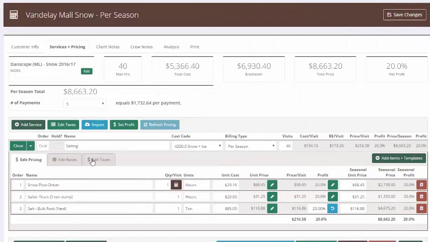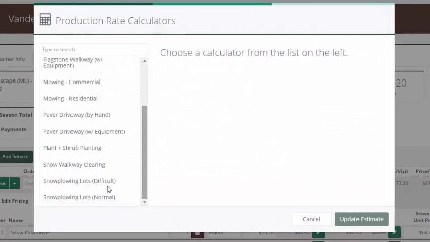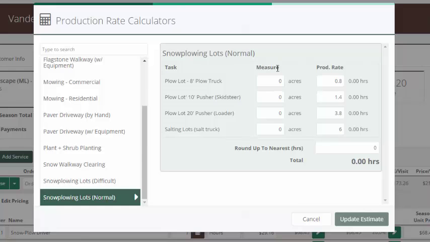So I've added those three because those are the three costs I'm going to need for salting. Now that lot was 1.7 acres. So either I can manually calculate the quantities of these things I'm going to need, or if you've built production rate calculators, which I have, I'm going to pull that up. I'm going to click my production rate calculator, drive into snow plowing lots, and put in with my salt truck